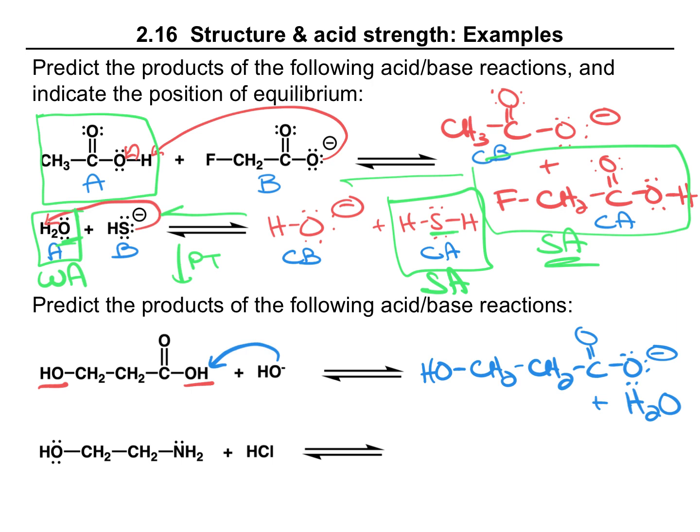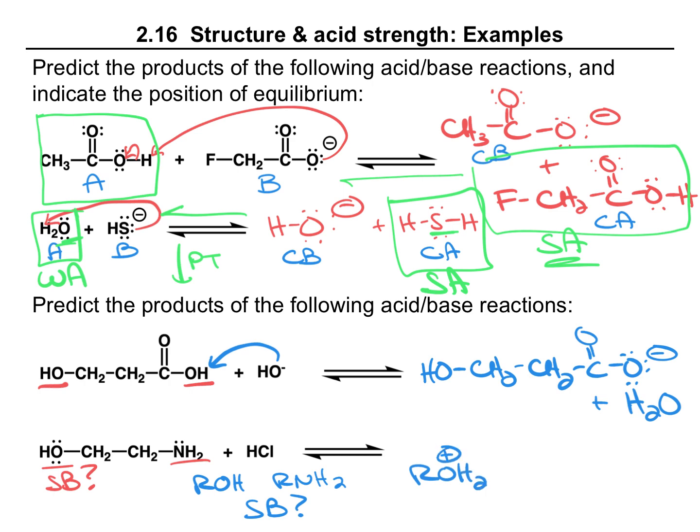In our second example, we have this compound with an alcohol and an amine, and it's reacting with HCl. So this must be our base, and this must be our acid. The carbons can't be bases because there's no lone pair ready to share, but the oxygen or the nitrogen could both potentially act as bases. So we need to decide which one of these is the stronger base. Now, if we wanted to compare an alcohol and an amine to think about who is the stronger base, we could focus on their conjugate acids,